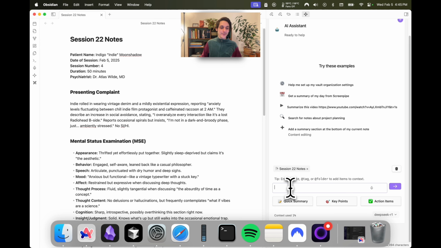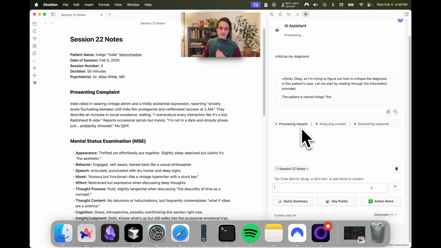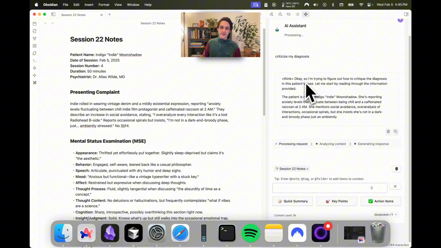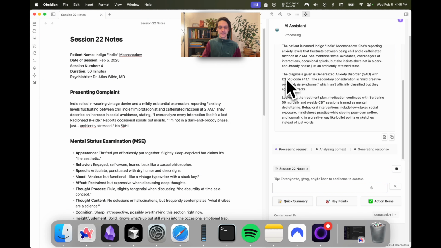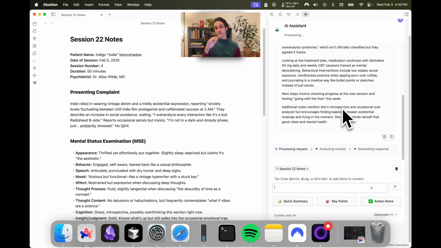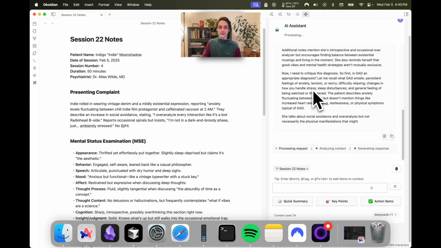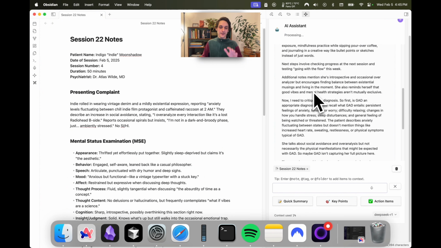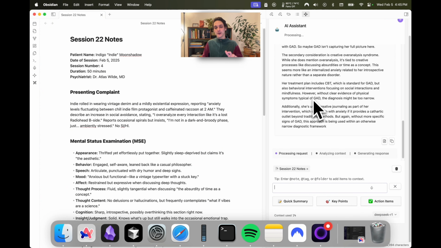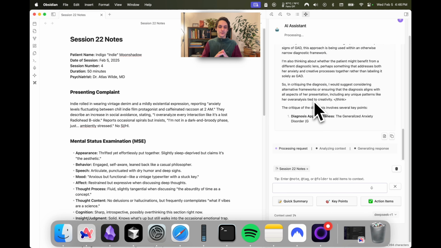So here we can see that in the AI chat, I have my note in context. And I could add a message like this, for example, criticize my diagnosis. And then I press enter. And then we see the thinking step here, the entire reasoning that I was telling you about. So usually if you use ChatGPT 4, you see the answer straight away. This step, you don't see it. But if you've used O1 preview, there is this entire thinking phase. And yeah, it takes a bit longer, but it's really useful because you see what it looked into.